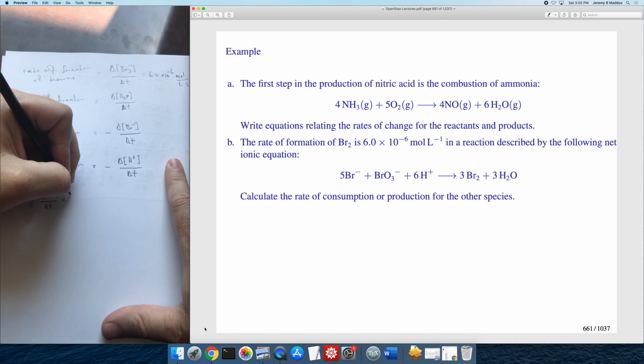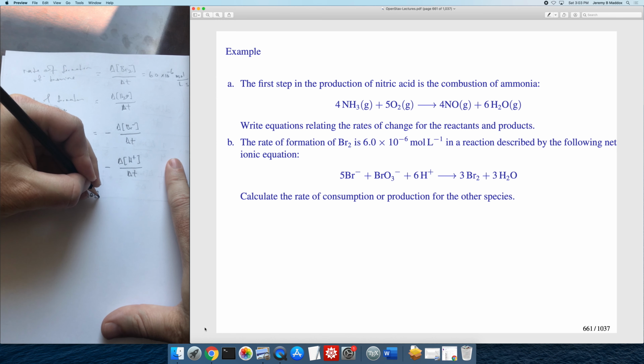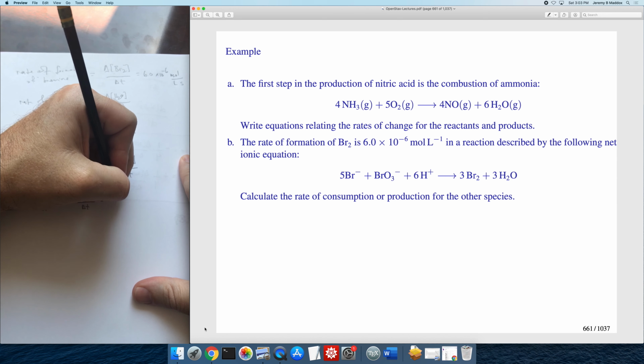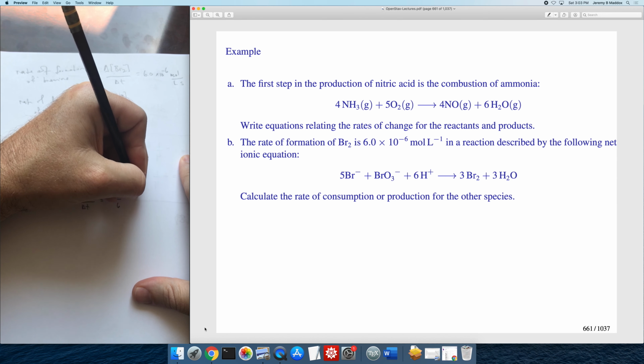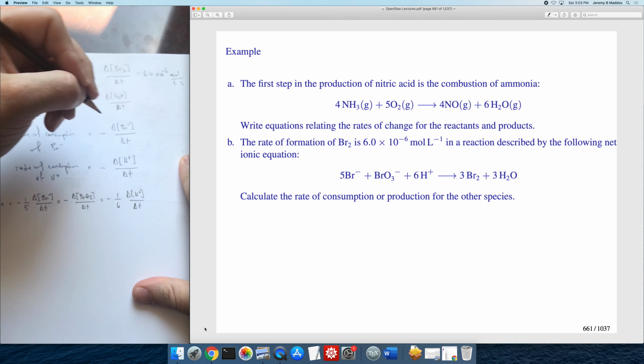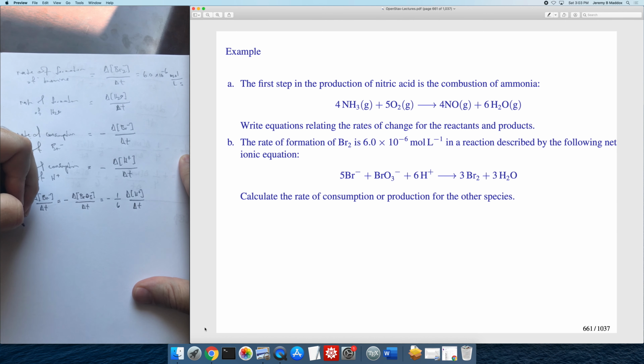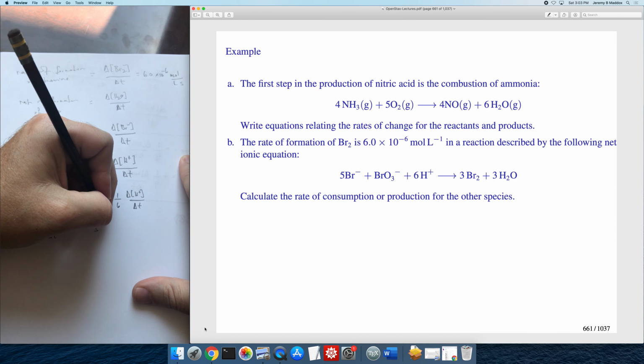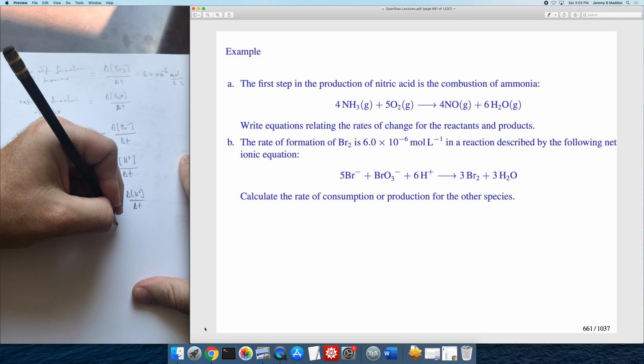Another one would be minus delta bromate concentration over delta T, equals minus 1 over 6 delta H+ concentration over delta T. I'll put the products over here, plus 1 over 3 delta Br2 over delta T, equals plus 1/3 delta H2O